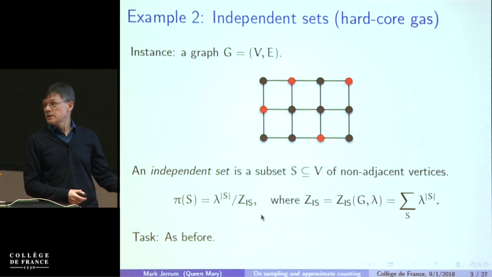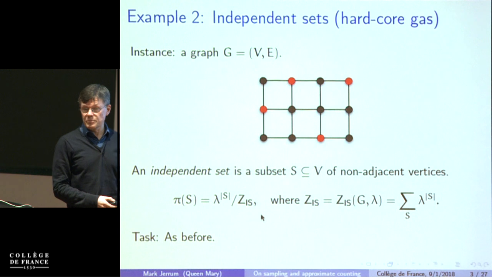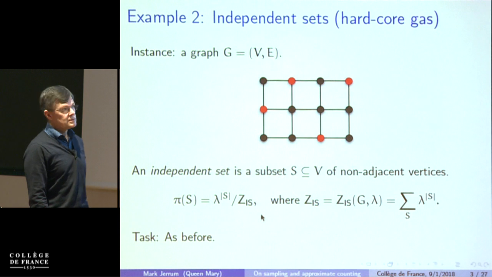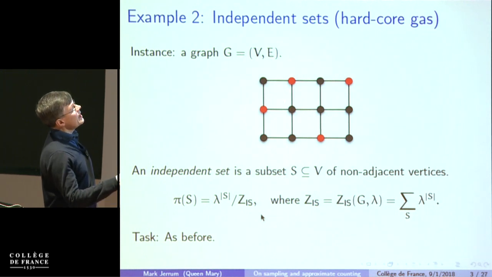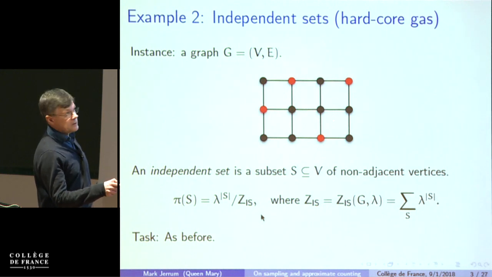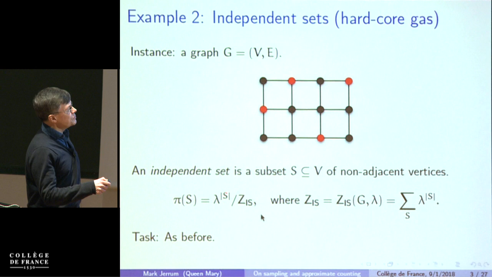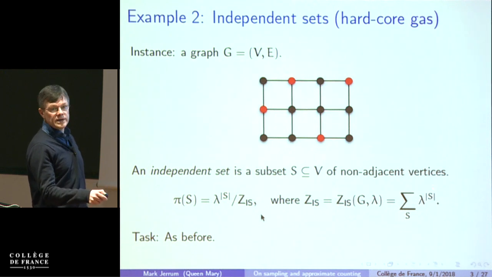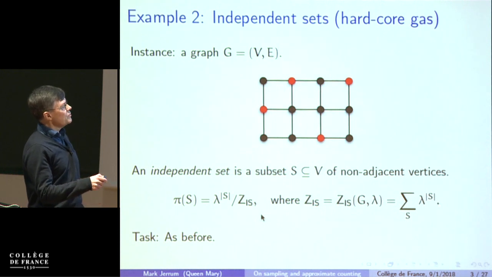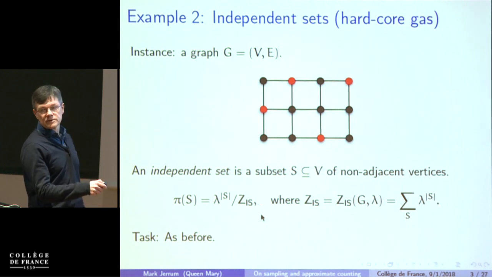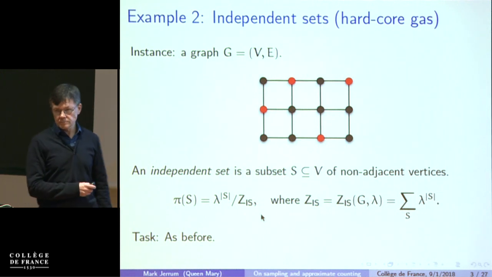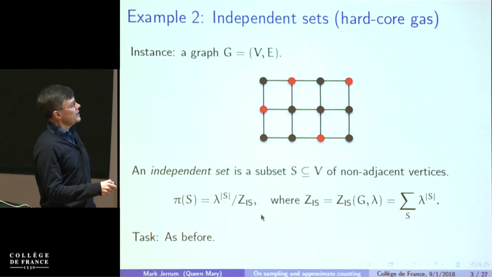And it's rather akin to the matchings, except that it's talking about the vertices as opposed to the edges of the graph. And the same game, we can count lambda for every vertex we select. So this is lambda to the 4. And then we can make it into a probability distribution by dividing through by the sum of the weights. So this is the total weight of all the configurations. Divide through, that means this thing is now normalized so that the total weight is 1. And we have a probability distribution. So the task, as before, is to sample from this.